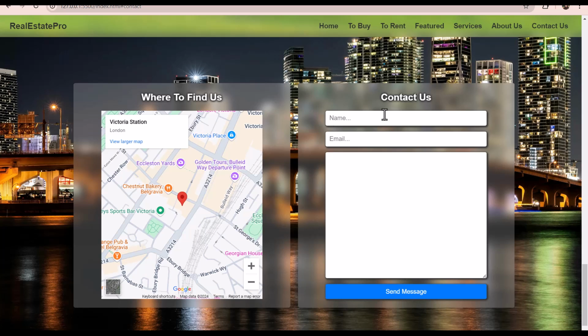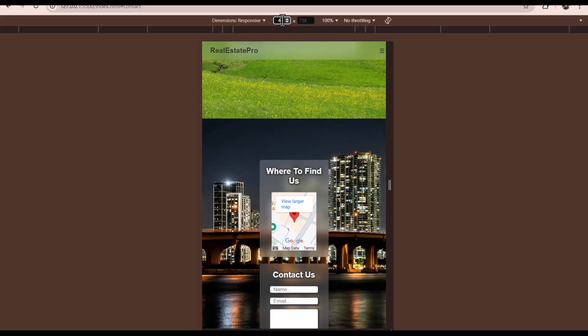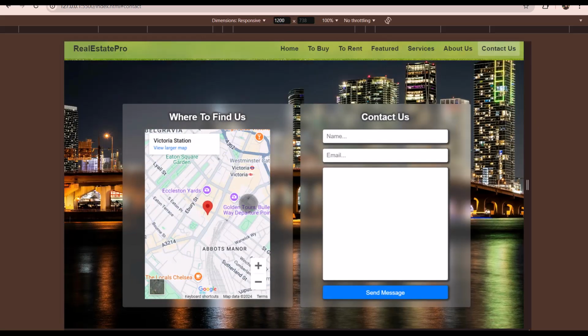Now let's see how it looks responsively. For the 1200 screen size, it should look almost the same. For screen sizes smaller than 1200, which is 768 and smaller, we want this map to come first and this contact form to come later, one after the other. So in a flex we have to set the flex direction to column for the parent, which is the container. But first let's have a peek. Yeah, see how horrible it looks. So for the 1200, I think it's absolutely fine. However, for the 768,